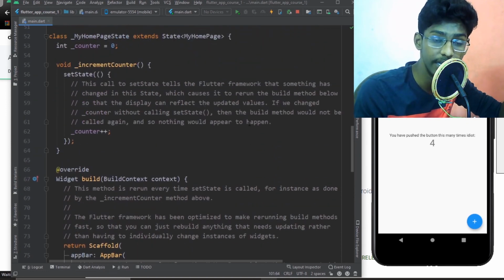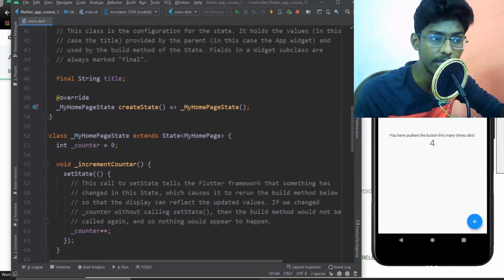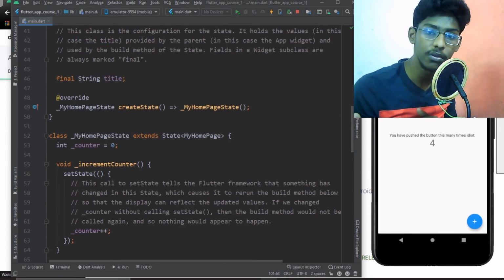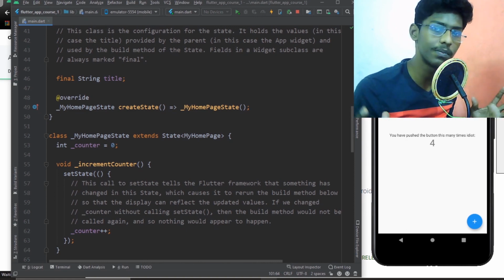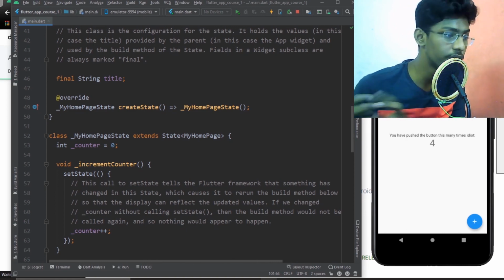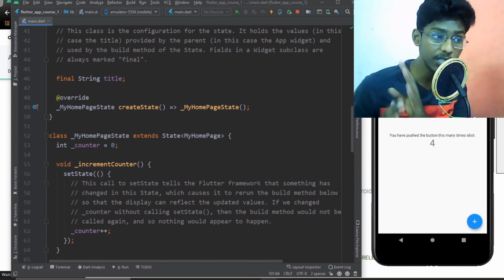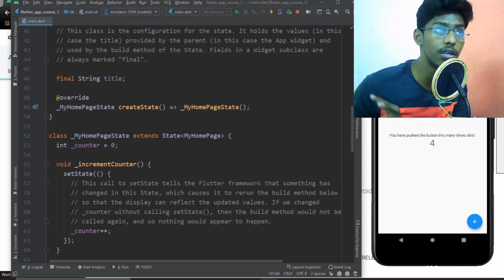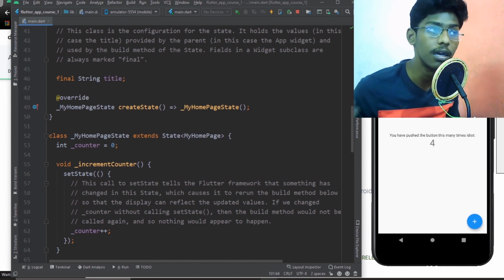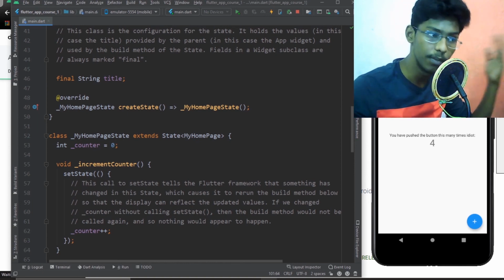We have successfully created a Flutter project and ran it in our emulator. So if this works perfectly for you, then congrats, you have successfully set up the environment. But if it shows you any error, make sure you watch the previous video and this video again, and make sure you have done all the steps exactly, or if you have made any mistakes in the steps you are following, make sure you correct that.